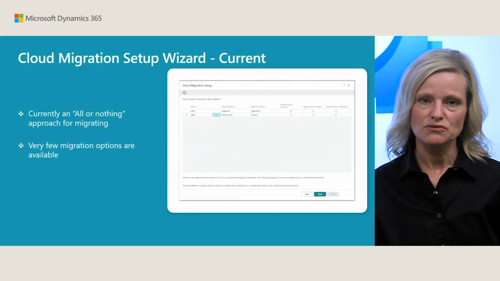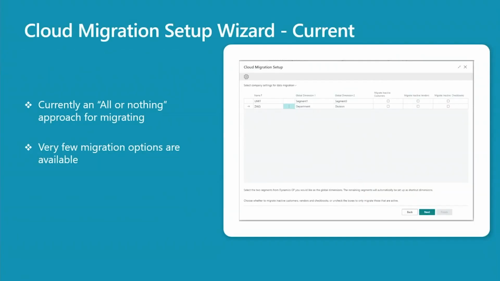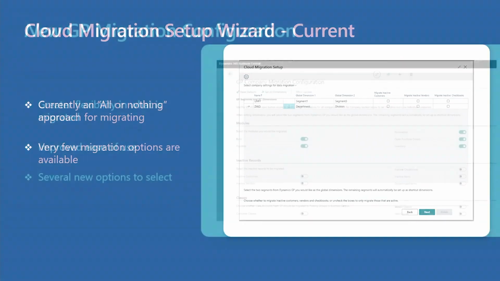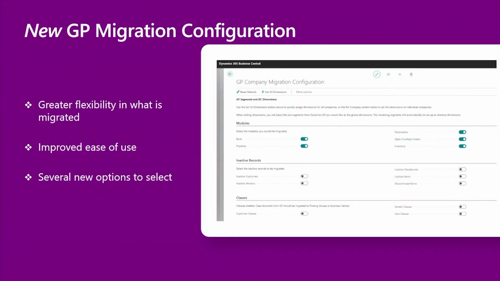So as I mentioned, many of you are familiar with the existing migration tool setup wizard, where you had just a few options to migrate. It was really an all or nothing approach. You either had to choose to bring all your data over, with a few options to not bring over inactive information. What we've done now is taken that information out of the setup wizard and created a new configuration page